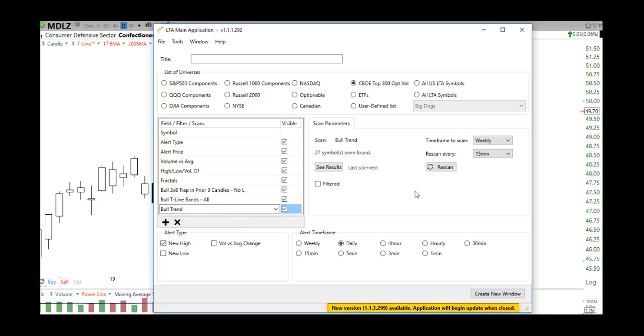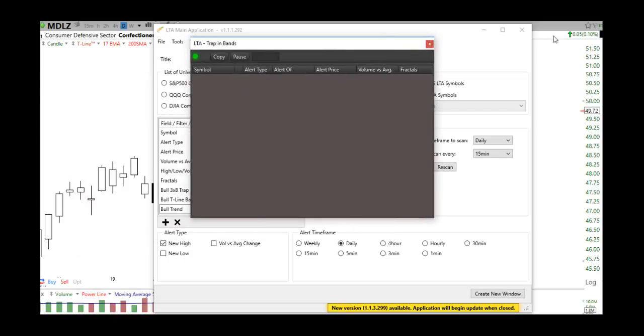There we go. We're going to come up here and go from weekly to daily. We're going to rescan. We're going to click on filtered because I want it true. We're looking at the daily, new high, done deal. I'm going to create the window. A window pops up, and I'm going to name this, what is this? Let's see, trap in bands. That's just the way I'm going to name it. Click OK, and now we have a window,